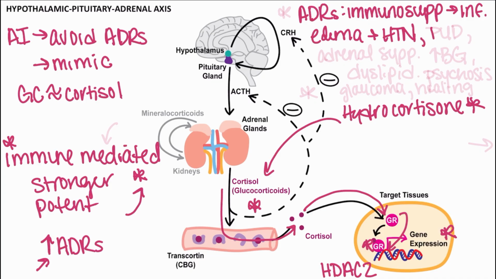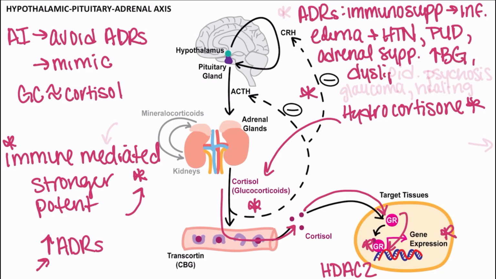There can also be peptic ulcer disease from increased levels of gastric acid production. There can also be adrenal suppression because we're giving those high doses and they can feed into these negative feedback loops. We can also have hyperglycemia,